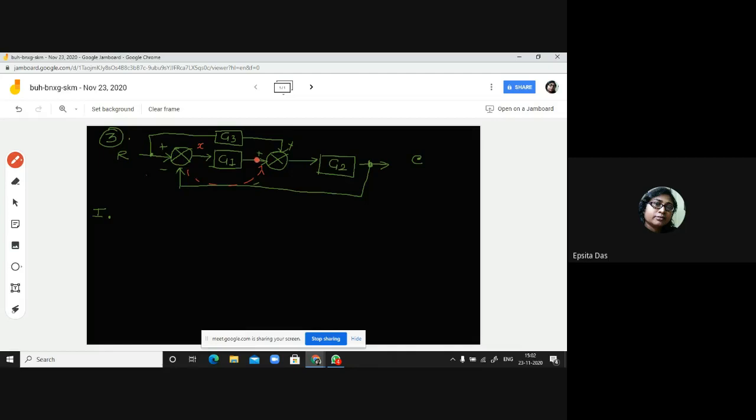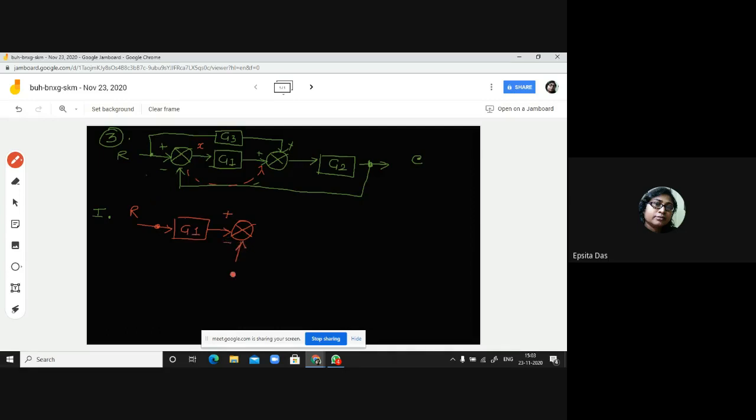This signal, G1. হ্যাঁ, this signal will not get G1. তাই তো? So if I want to maintain all the signals same, so দেখো তো এটা হয় কিনা? Just think. This R, I would like to take this summer here. So my G1 will be now here. My takeaway point is here, and here, after here, I am putting this summer. এইটাকে আমি এখানে নিয়ে যাচ্ছি। Okay, so this is plus and this is minus.